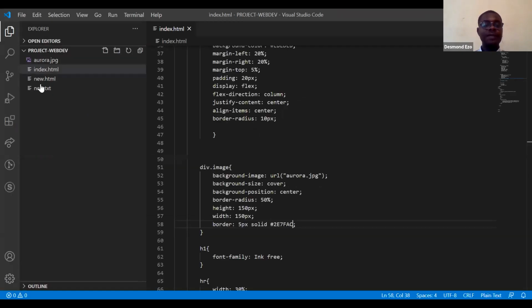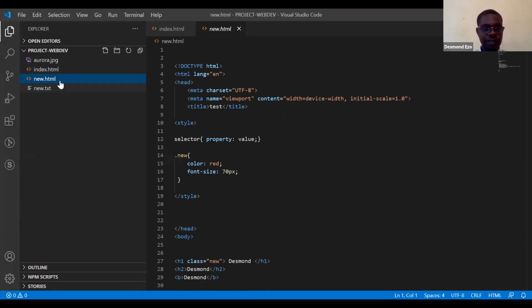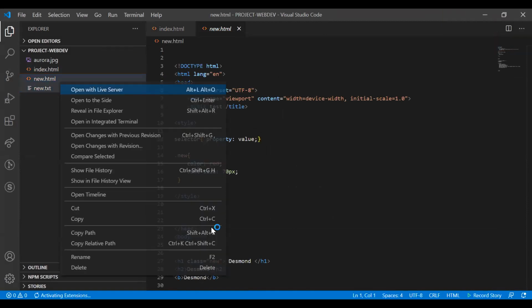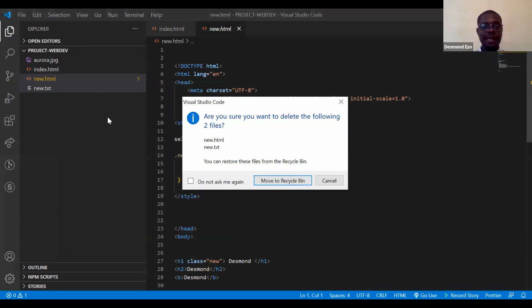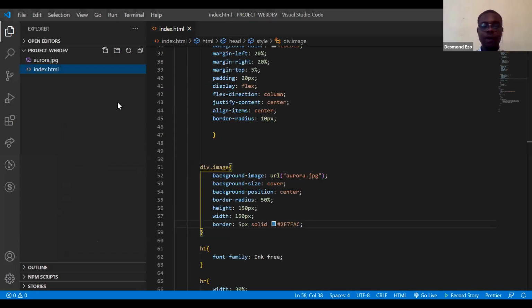I would advise that you create a new, let me delete these two files we created initially. I would advise that you create a new folder on your computer, and maybe the folder is empty. You just create a completely new folder, nothing is inside, and you name the folder My Project. The name doesn't really matter, but you create a new folder just to keep things neat.